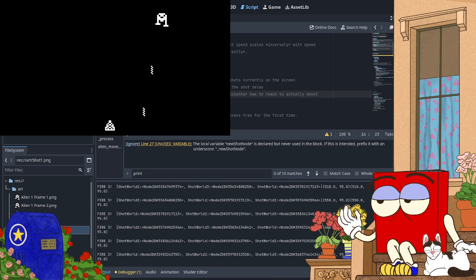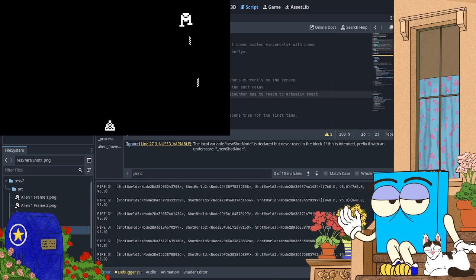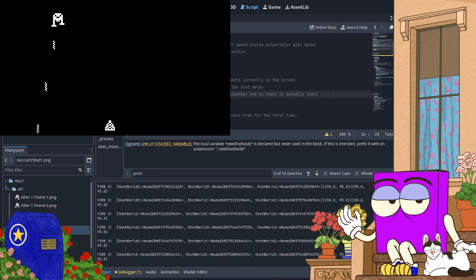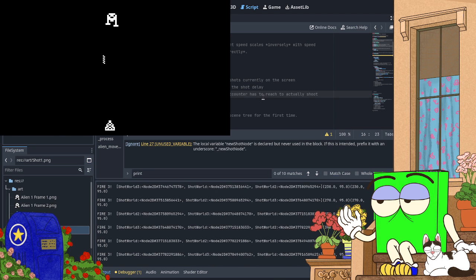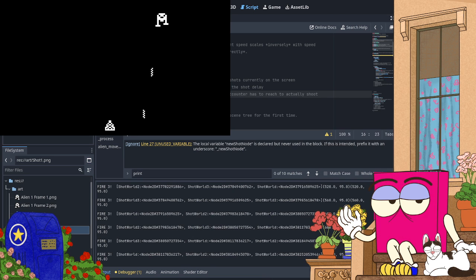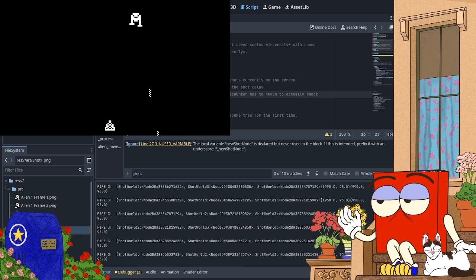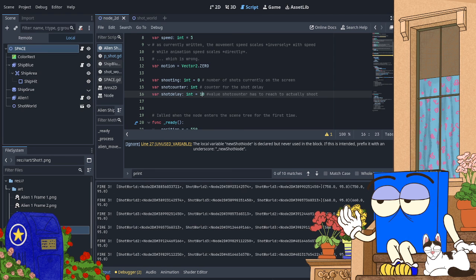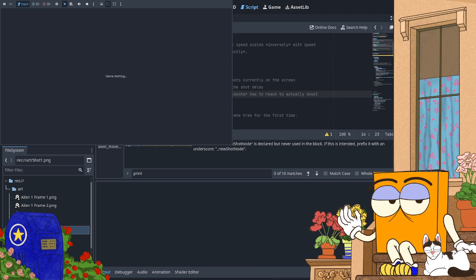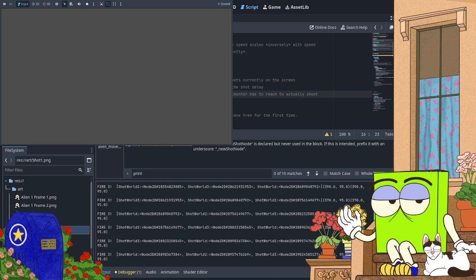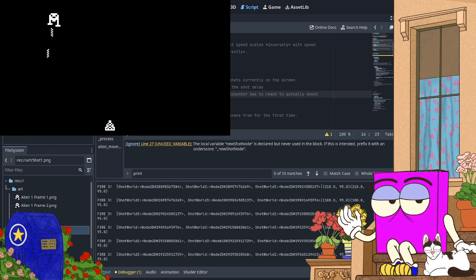I kind of like that. Three shots firing quickly instead of firing them at even, make it even faster. No, it didn't reset it, but wrong one. There we go.